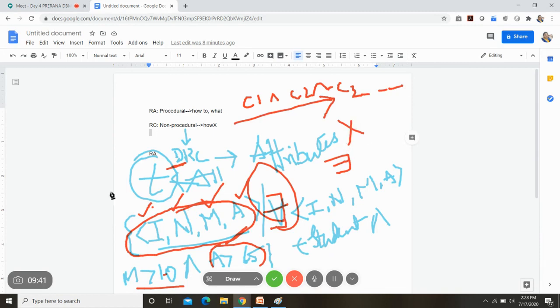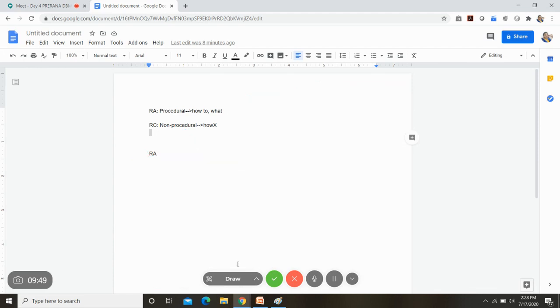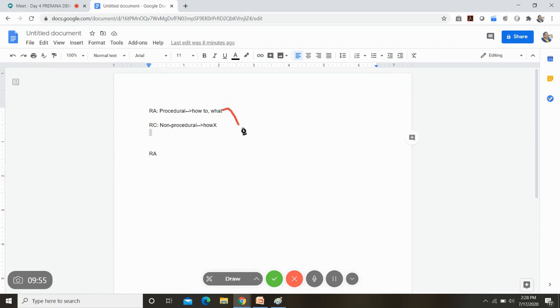So these are the basic things we will have to know when working with relational algebra and relational calculus. And then a quick revision of the symbols that are available. Here with RA, you have sigma for selection and pi for projection. Sigma is used only for selecting the tuples.